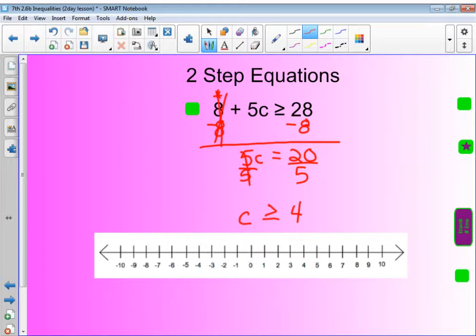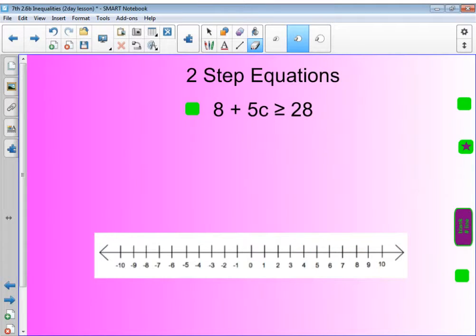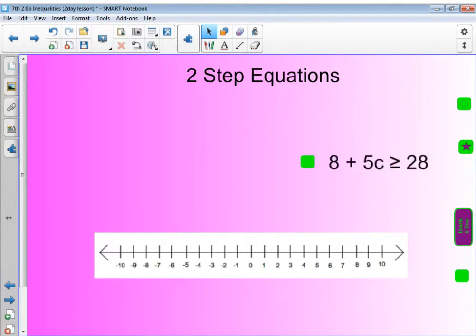So we're going to go to our 4, build a closed circle, because it's got the line underneath, and then c is being eaten, so it's the bigger number. So we're going to go this direction. We're not adding a whole lot of new today. It's just that now they're going to have that inequality symbol, and so we have to combine two